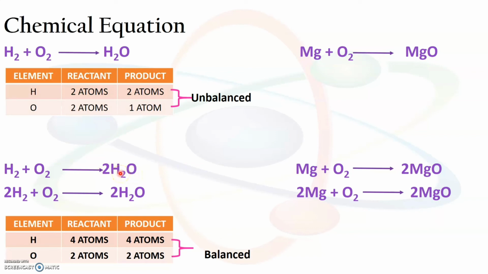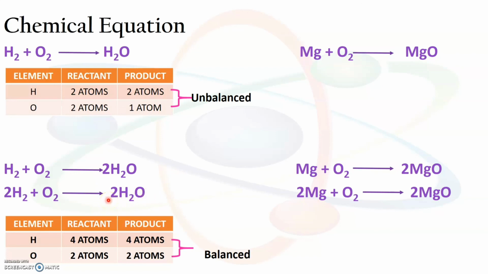So now we need to balance the number of atoms in case of hydrogen. Here it is 4. So in order to make the reactant side also 4, we can add a 2 before the chemical formula H2 of the element hydrogen. Now when we add a 2, we see that there are 4 atoms of the element hydrogen, that is 2 into 2, and on the product side also, 2 into 2, that is 4 atoms of the element hydrogen. Now let's check the case of oxygen.